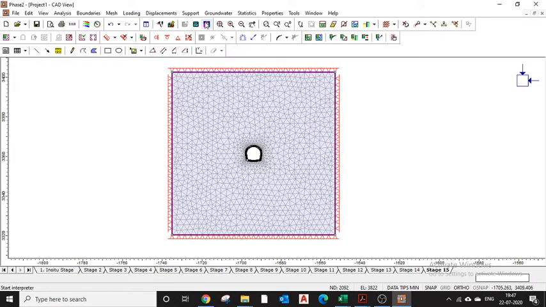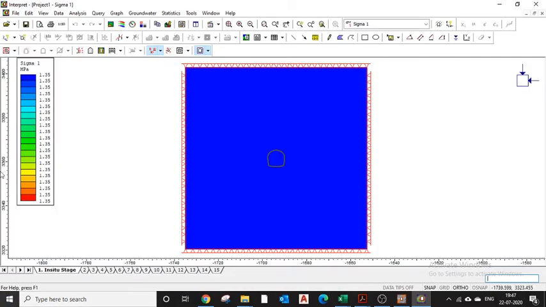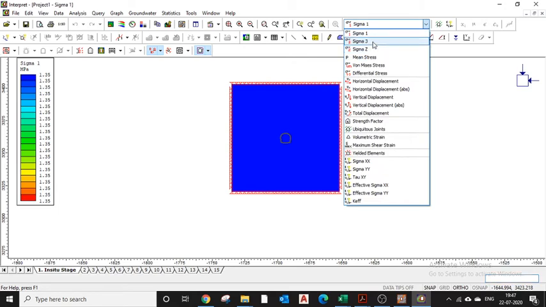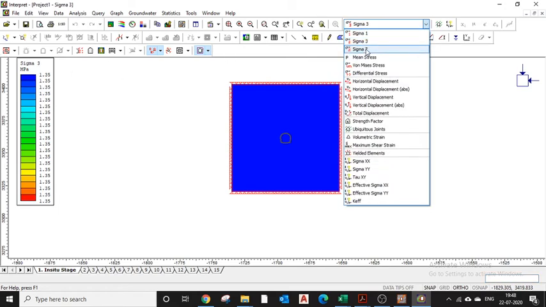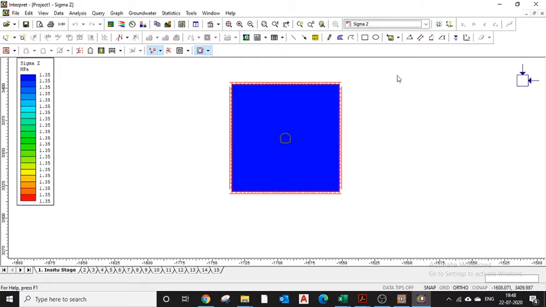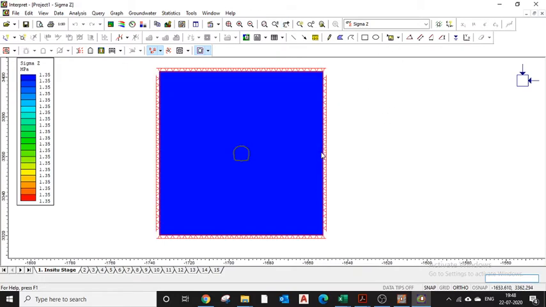Okay, I will click on interpret. You can see your sigma 1 direction, which is 1.35 MPa. Sigma 3 is also 1.35 MPa, and sigma z is also 1.35 MPa, which seems to be correct.